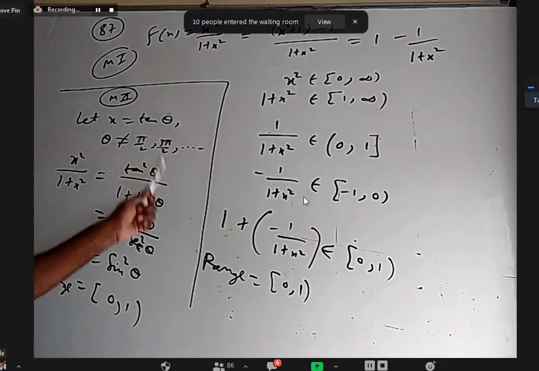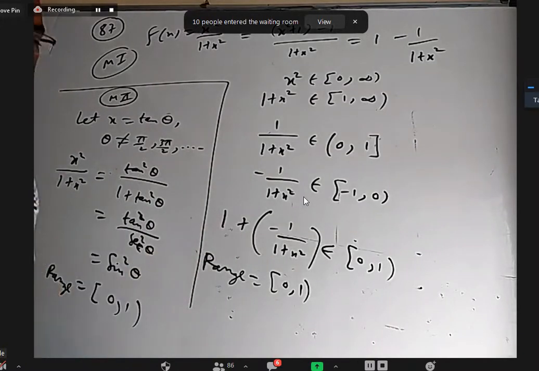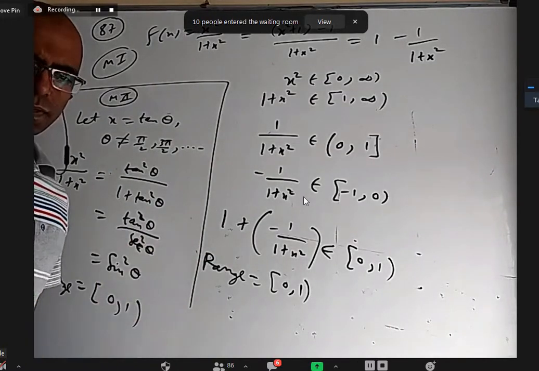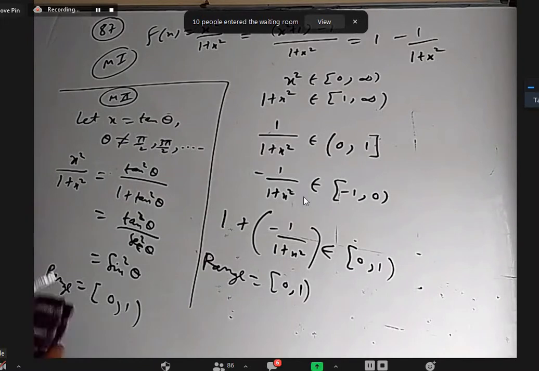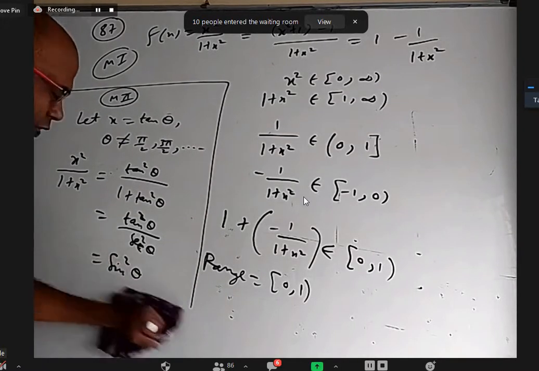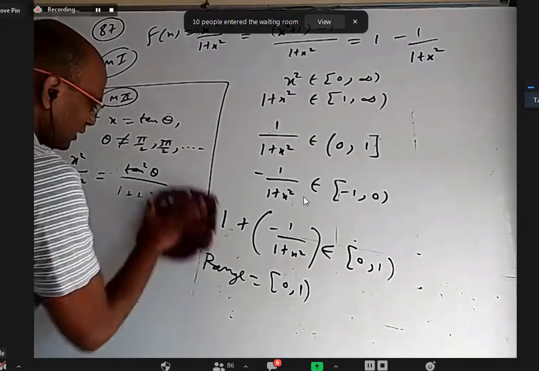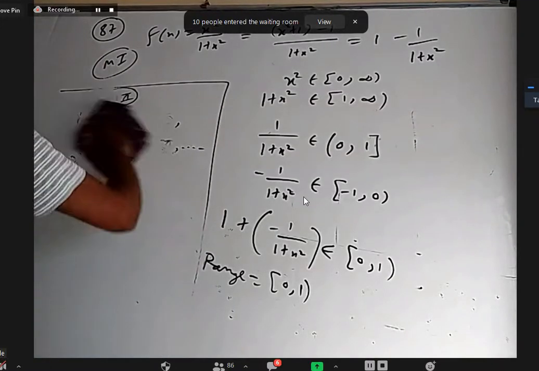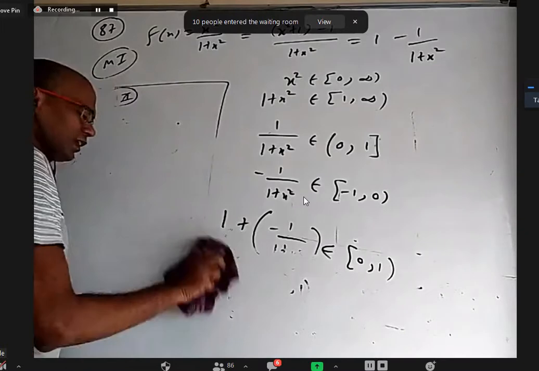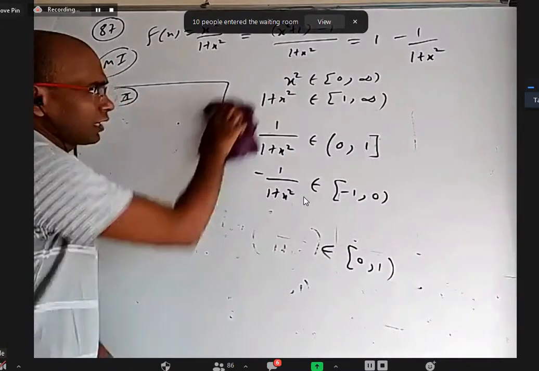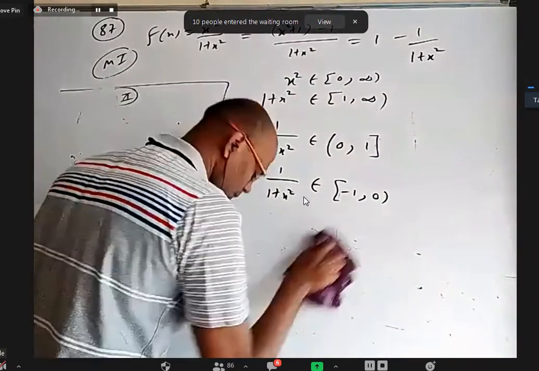Okay, this is one method. What I'm going to tell next is somewhat more useful. It is a more general method. Okay, at least for some questions later on. But in general, when you go to higher level also, there is no standard method for finding range. It depends on the kind of function. Sometimes we may have to draw the graph. Here, I'm going to draw the graph of this function also for you.